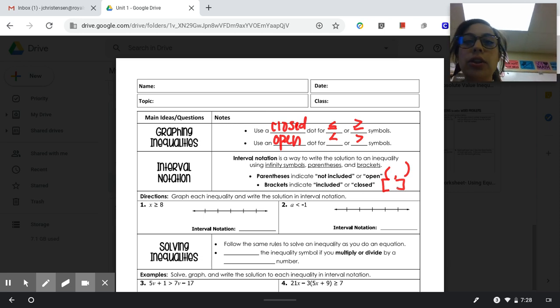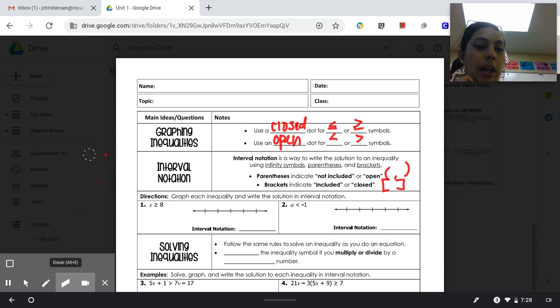So there are 2 things you need to remember here about graphing. We're either going to use an open or a closed dot on the graph, depending on whether we include that value or not, and then the parentheses and brackets, depending on whether or not we include that value. Just giving a big glare. All right, so let's look at graphing